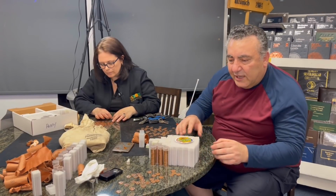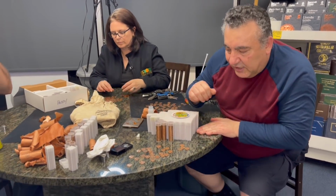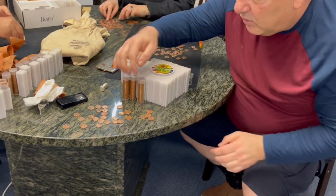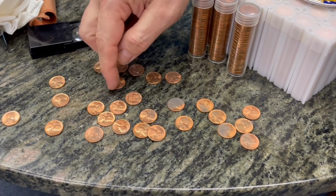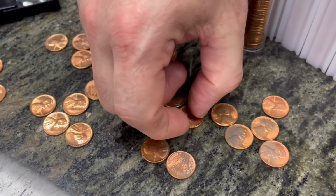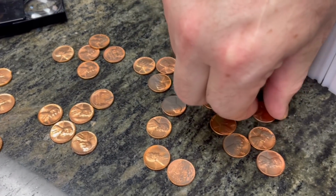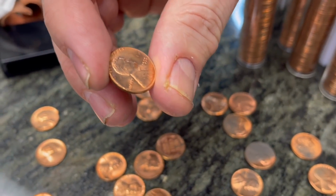Nice. One hour later, now we're gonna get up close, guys. If you don't mind, we'll just show the audience what we've really found. So we did find a whole bunch of coins in here. These are struck with the grease on the coins, and there are many more. Obviously, we will have to go through and show you as we go through them. Some of them have bruised rims or are struck at the edge, minor, which is not a big